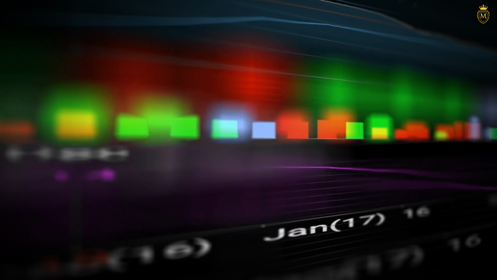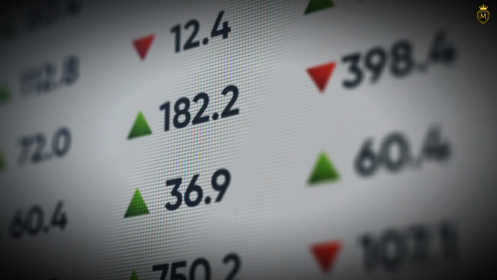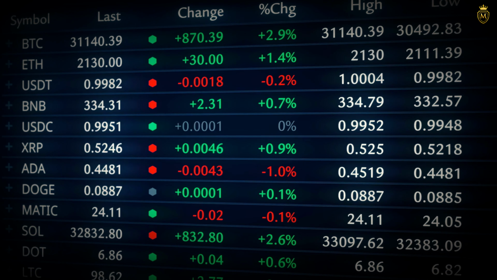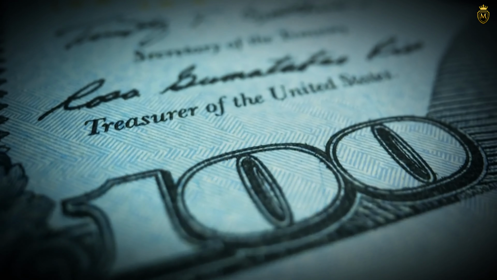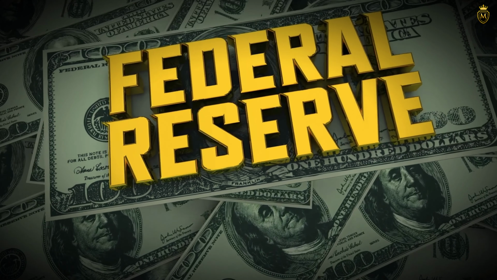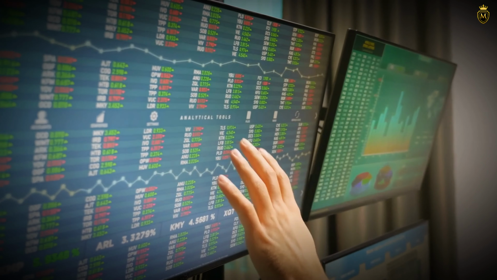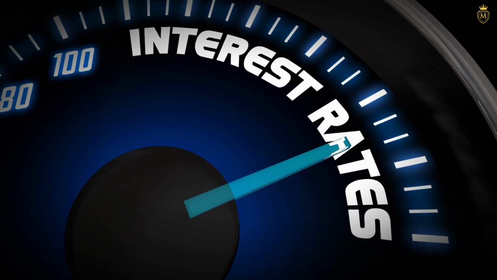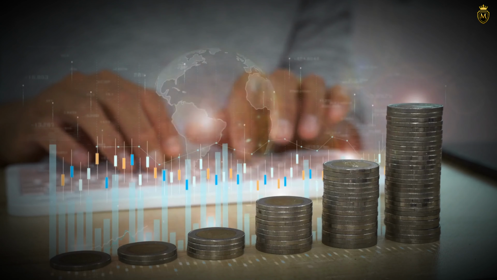The bond market often operates as a barometer of economic conditions. And in recent times, we've seen how the market itself can force the hand of monetary authorities. When central banks like the Federal Reserve hesitate to tighten economic conditions, the market may step in and do it for them. This has become especially clear as interest rates continue to climb, with the market signaling a strong desire